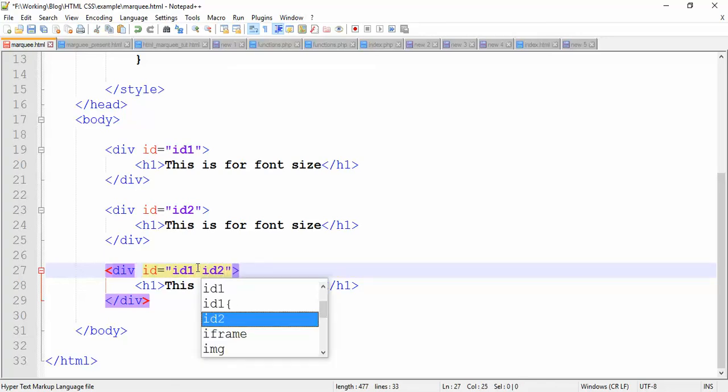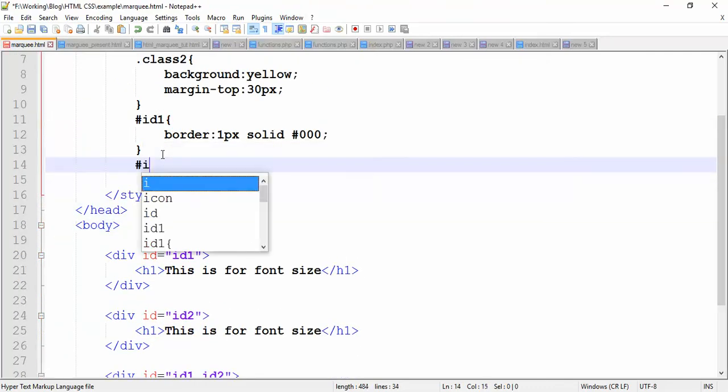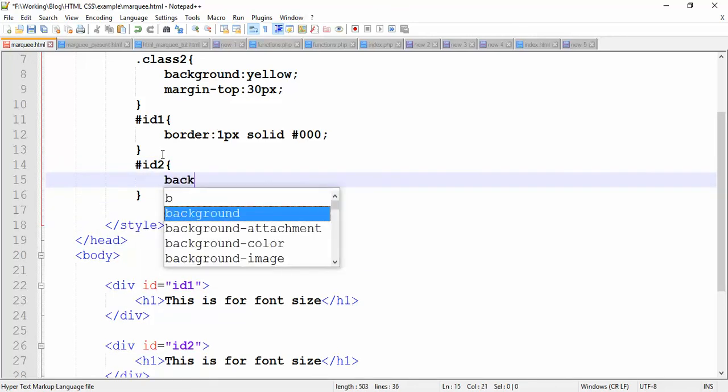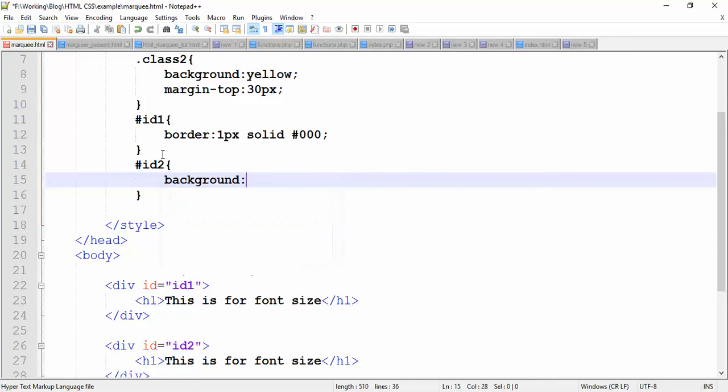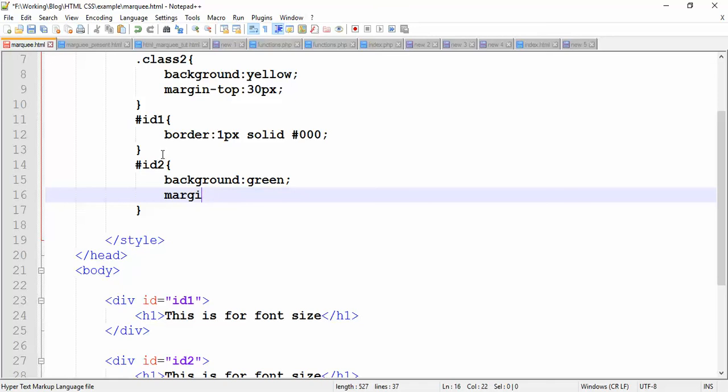id2. Now control S, save. And now I also want to add a rule here for id2, that is just like background green, margin top 20 pixel. Control S to save, and run our browser